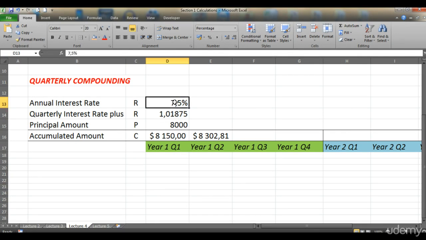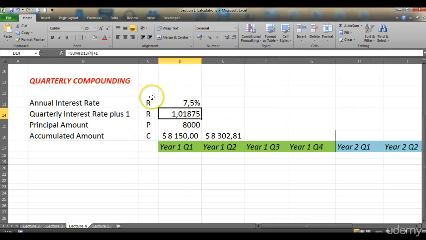Let's insert the annual interest rate here, 7.5%. Here is the quarterly interest rate plus 1, which uses a different formula than annual compounding. We divide the annual interest rate by 4 here because of the quarters. And here is the principal amount,